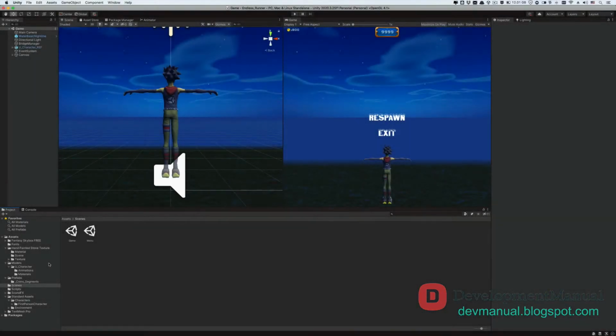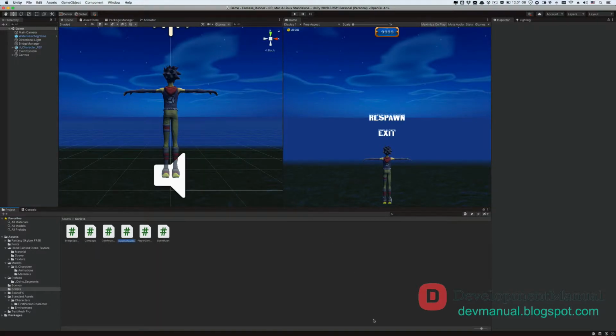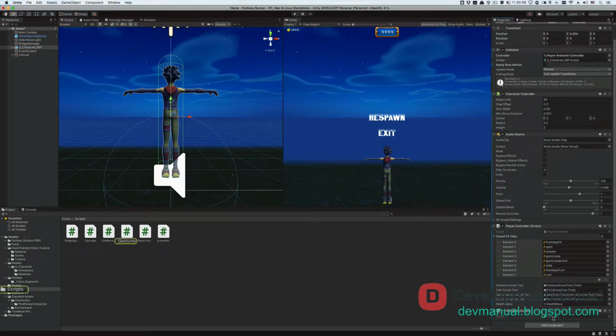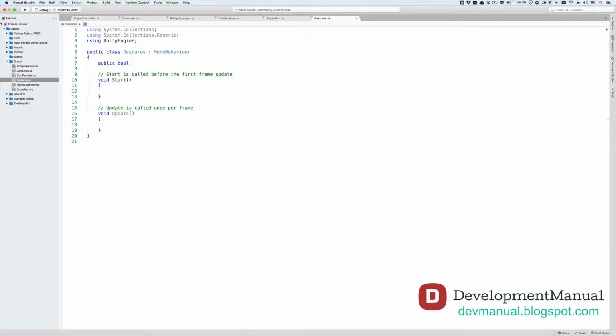Now let's go to the Unity editor and create a new script in the scripts folder, which we will call Gestures. Let's attach this script to the player game object, and then open it up in Visual Studio. What we will do in this script is repeat the trigonometric calculations for the swipe angle in C#. So let's create 4 public bools that are going to store the state of each gesture swipe, and we'll appropriately name them swipeLeft, swipeRight, swipeUp, and swipeDown,